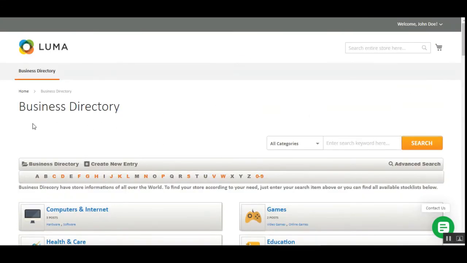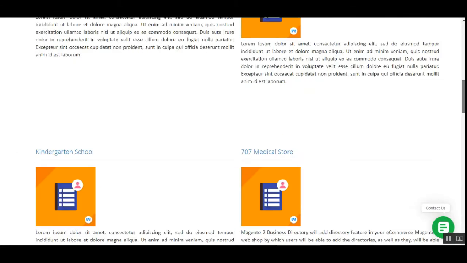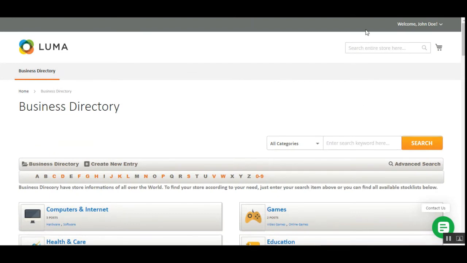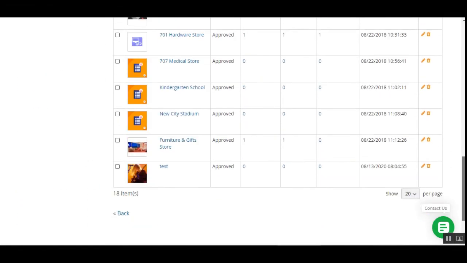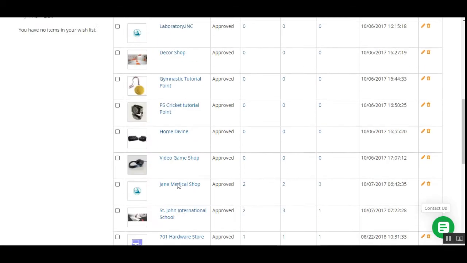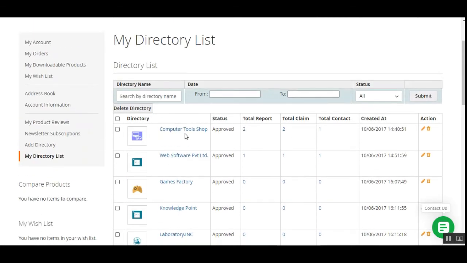So that was how, after creation of the categories, the business directories get visible at the storefront under the business directory category basically. And here the user had created the listing, that's the test listing that we showed you. And if we open this particular listing, and this listing is under the